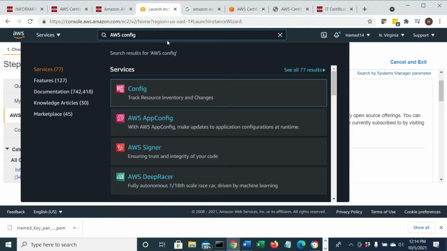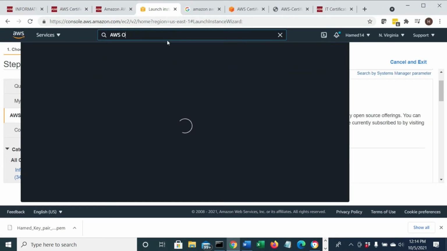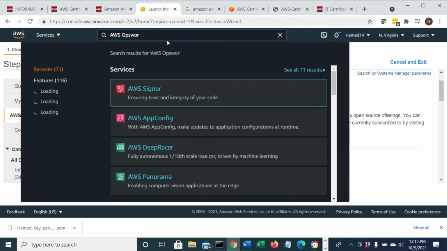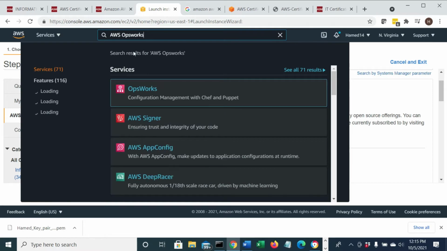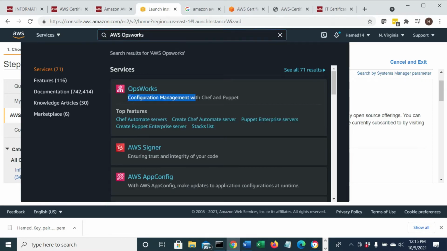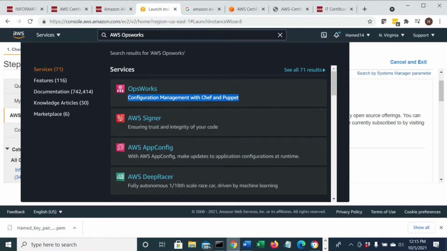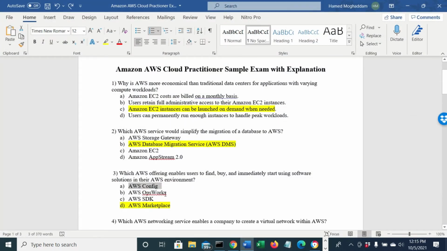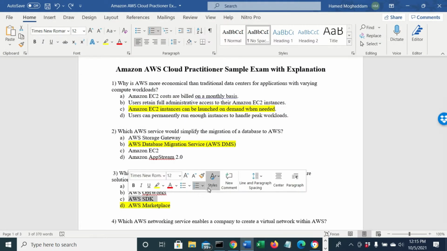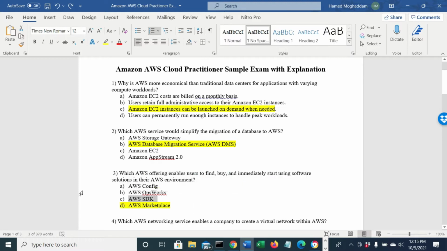If I type in AWS OpsWorks right here, see, configuration management with Chef and Puppet, that's something else. It's for management, usually for the developer. And the next one was SDK, that's programming. Okay, let's go to the next question.